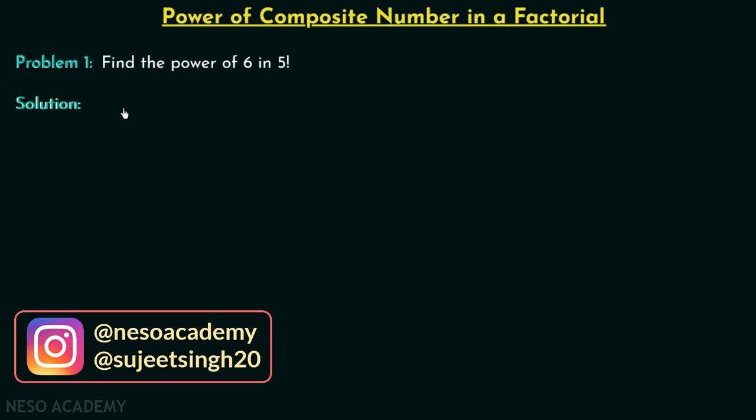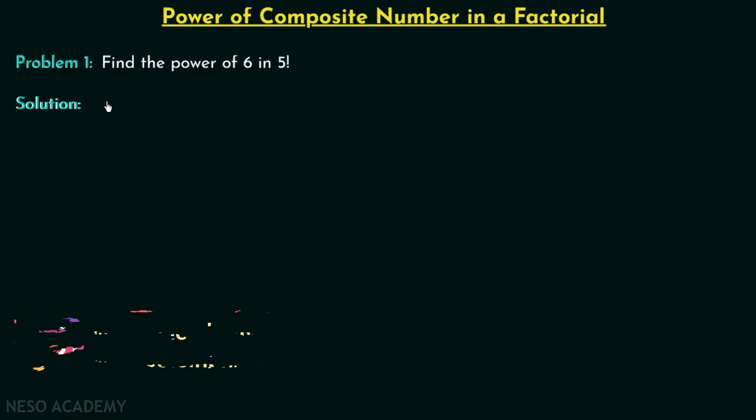The step number 1 is to break 6 as the multiplication of prime numbers. When we multiply 2 and 3, two prime numbers, we will have 6. So 6 we can write as 2 multiplied by 3, where 2 is our first prime number and 3 is our second prime number. So we are done with step number 1 and now we will move on to our